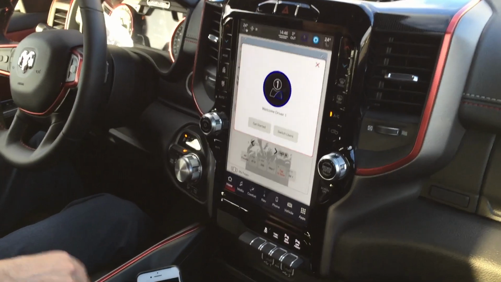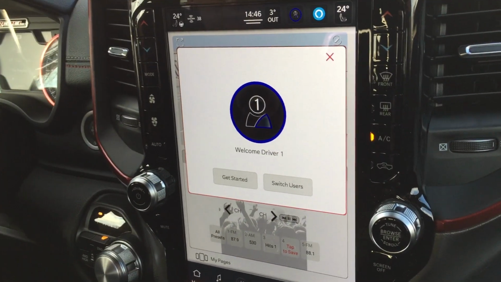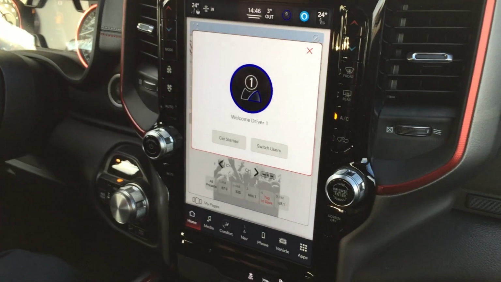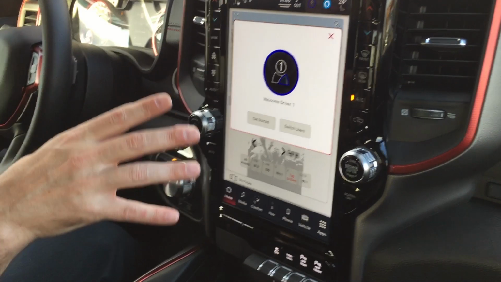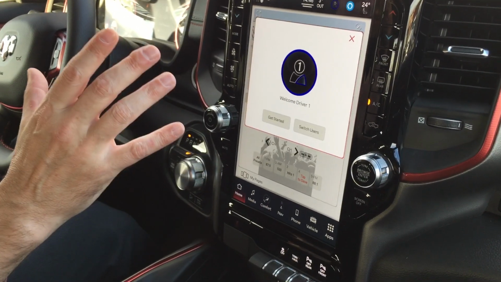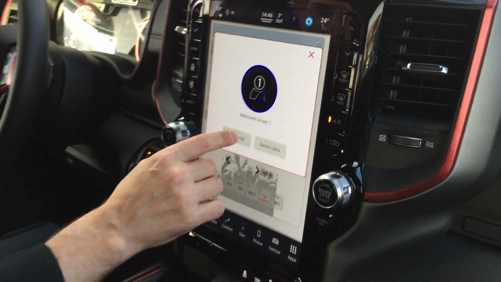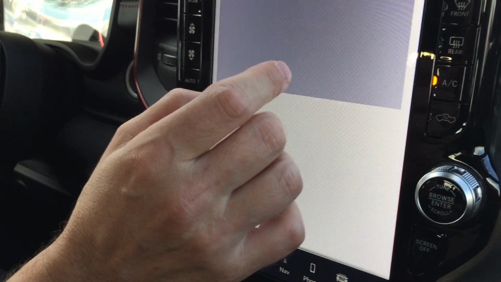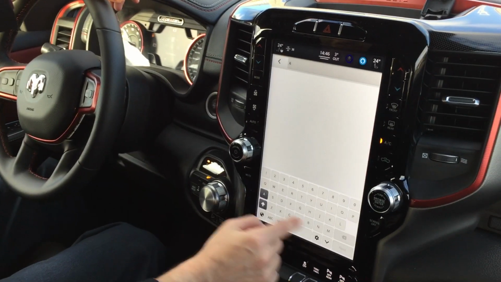So first off, when you turn on the system, if you haven't set it up, first time in, it wants you to set up your very first user profile. So you have a number of user profiles that you can create for the vehicle for multiple drivers. So when we're getting in here, we'll get started with your first user. So you just hit get started. It'll want you to put your name in. So we'll put my name in,